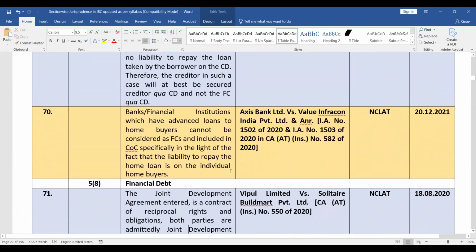अच्छा, कई बार क्या होता है, ट्राइपार्टाइट एग्रीमेंट हो जाता है, ठीक है। बिल्डर से फ्लैट लिया, एक इंडिविजुअल है, और उसने बैंक से लोन ले लिया। अब ये जो बैंक की क्या पोजीशन है, सो बैंक्स और फाइनेंशियल इंस्टीट्यूशंस विच हैव एडवांस लोन्स टू होम बायर्स, दे कैन नॉट बी कंसिडर्ड एज एफसी। तो क्या वो बैंक भी एफसी बन जाएगा? द आंसर इज नो, ठीक है। एंड इंक्लूडेड इन सीओसी स्पेसिफिकली इन द लाइट ऑफ द फैक्ट दैट द लाइबिलिटी टू रीपे द होम लोन इज ऑन द इंडिविजुअल होम बायर। तो वो जो इंडिविजुअल होम बायर है वो तो उसमें आएगा फाइनेंशियल कैरेक्टर में, लेकिन बैंक वो नहीं आएगा, ठीक है।